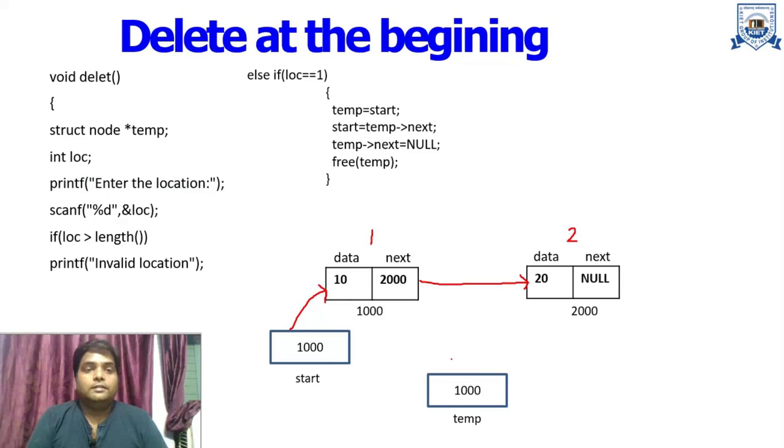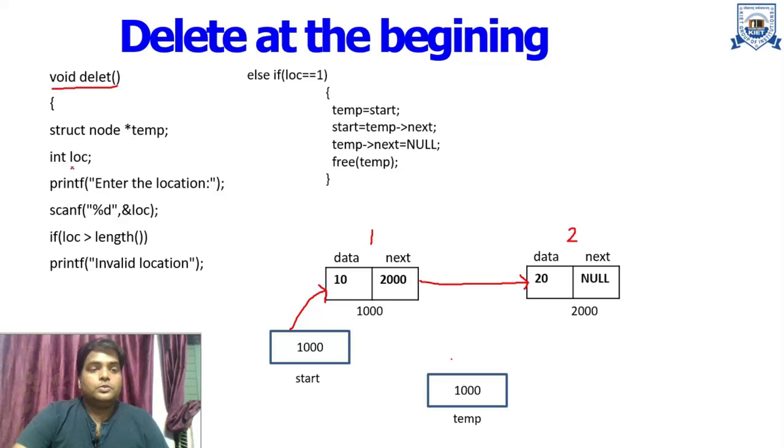So first of all, we will start with the concept of delete a node at the beginning. Actually, here we choose a function delete, and in this single function we implement all these three concepts. That means how can we delete a node at the beginning, how can we delete the node at a specific position, and how can we delete the node at the end. So in this function, first of all, we choose a temporary variable temp having type struct node pointer. So when we declare this instruction, then temp will get memory allocated.